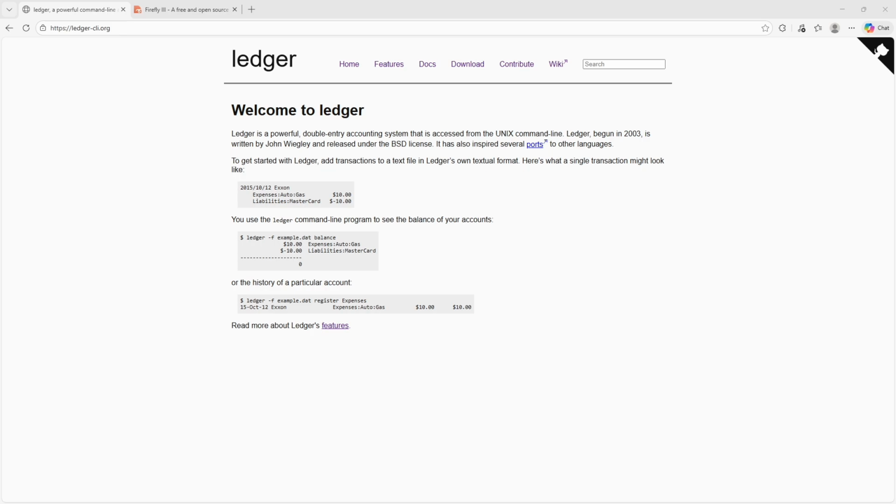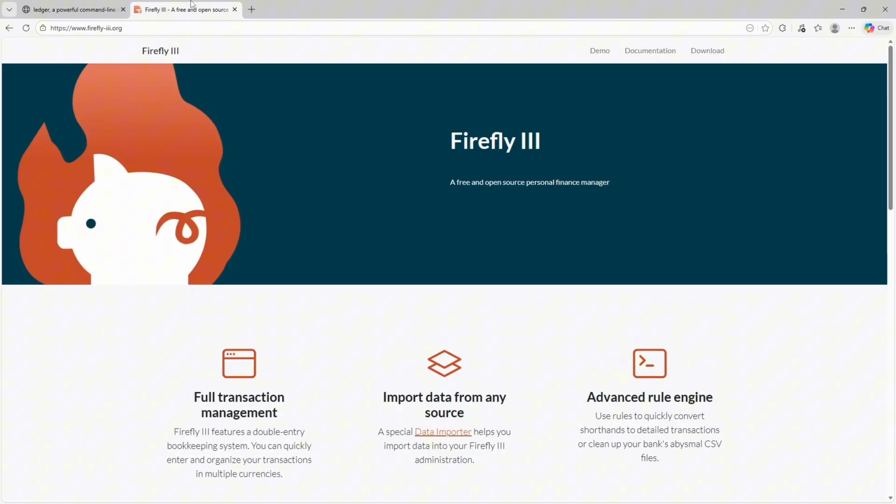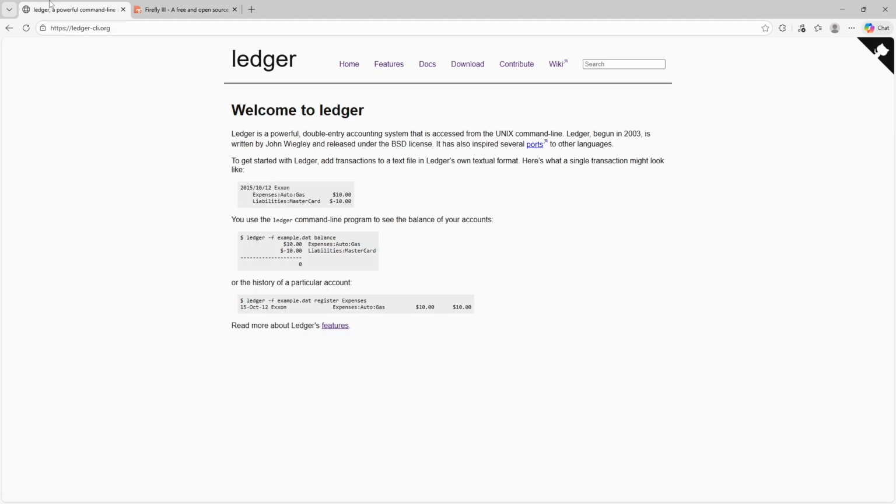logic without ongoing costs. Firefly 3 is also completely free, but we'll come back to how its value proposition differs later. From a pure pricing perspective, Ledger is built around zero cost and full ownership, which is increasingly rare in modern finance software. Ledger is a command line based double entry accounting system designed for users who want precision, transparency,